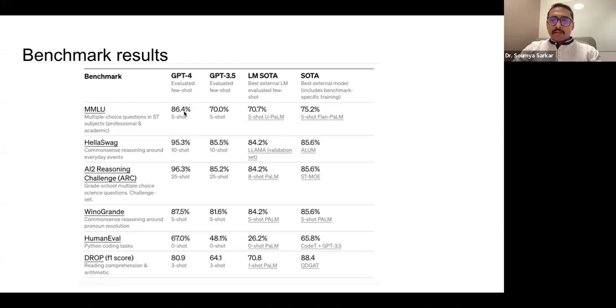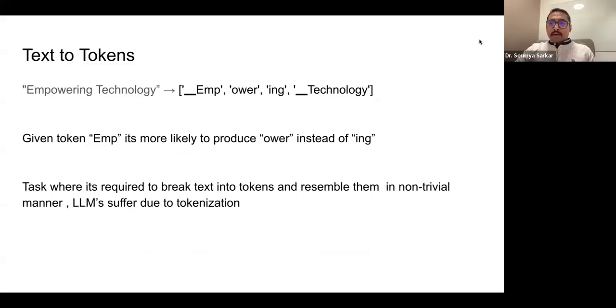But right now, at this point of time, when we are recording this video, we have the Gemini series from Google, which is actually state of the art, at least on these benchmarks. But we don't know how long those numbers will stay. But in this particular discussion, I will mostly use GPT 3.5 as my LLM on which I will show examples. Okay, so now given that we know what LLMs are and what flavors we have,